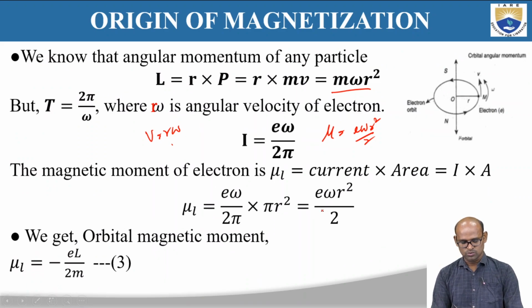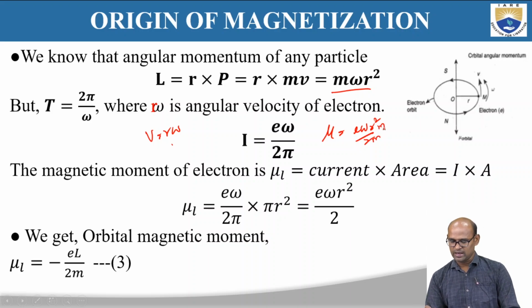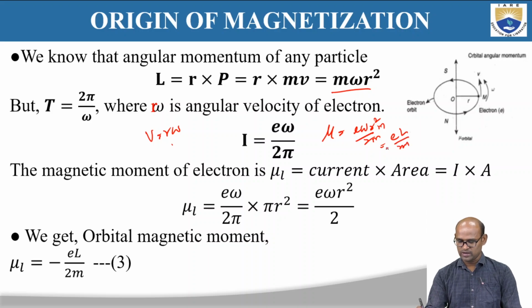In this equation I do not have m, so I'm going to multiply and divide by m. So that will be basically e times m omega r square, so e L by 2m. So that is why I get here eL by 2m,